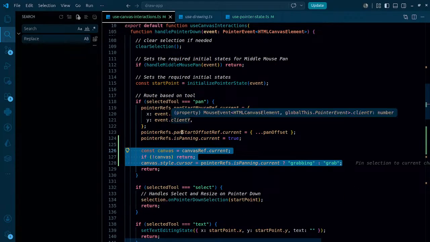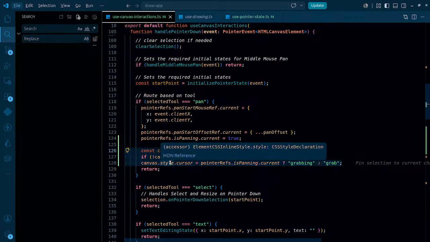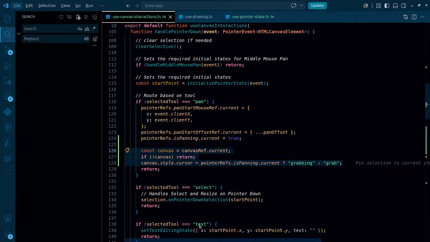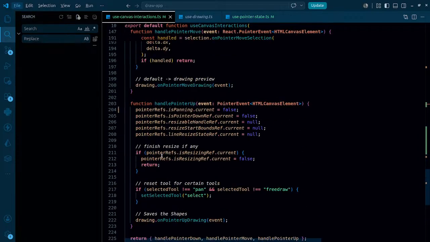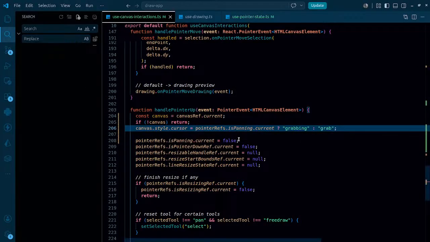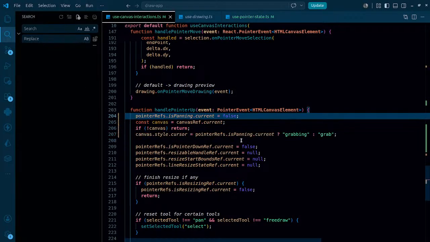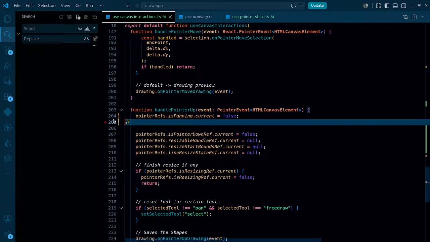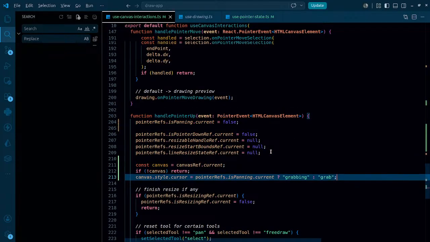So probably I need to have a special cache for pan only. So let me see. On pointer up, canvas this, and of course I need to set it false at the top, so probably we can keep it somewhere here. Now it looks great. That's what I wanted. So if I'm drawing this,